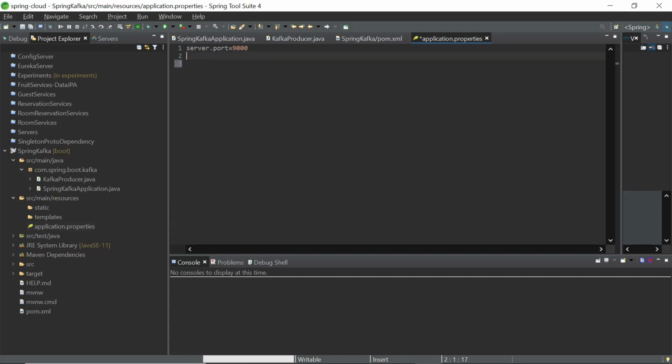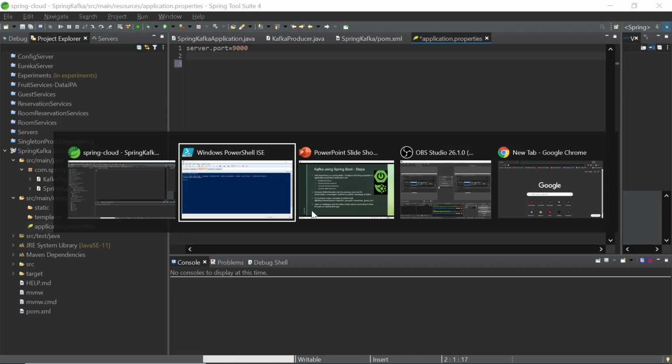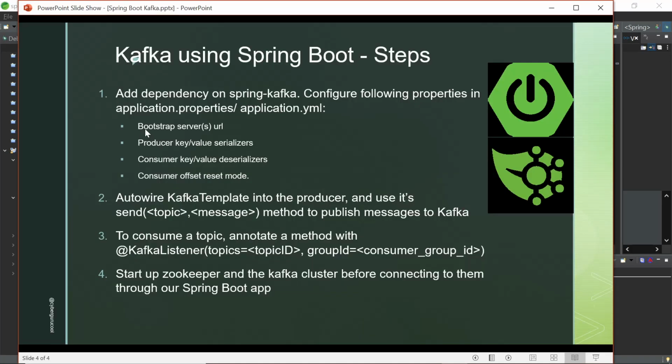That is the default that we have. This is not absolutely necessary, but anyway I'm going to do that. So I mentioned here what are the properties that we need to specify in our application properties or application YAML, right? So we need to specify the bootstrap servers.